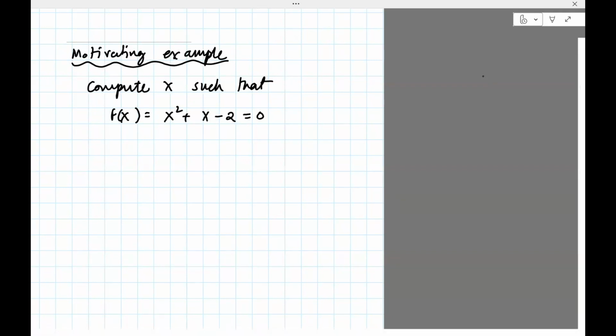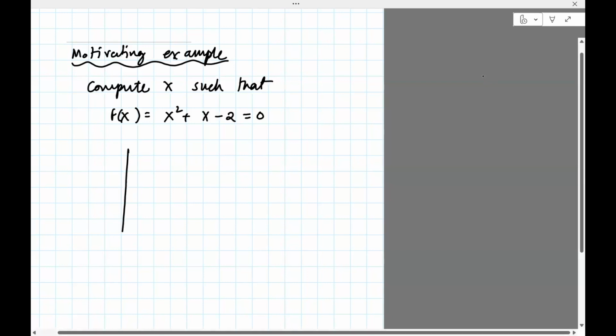Now, I'm sure you have seen this before. For solving the roots of a quadratic equation, there's a formula which you can use. But if it was more complicated than that, like x cubed or x raised to 4, that's a much harder problem to solve by hand. So in such cases, one of the tricks which always works, no matter how complicated the expression is, is to graph this function. So make a plot